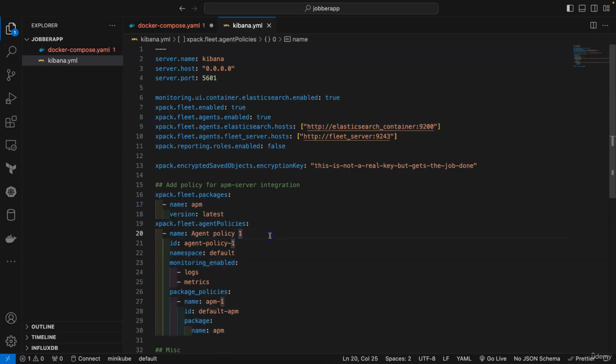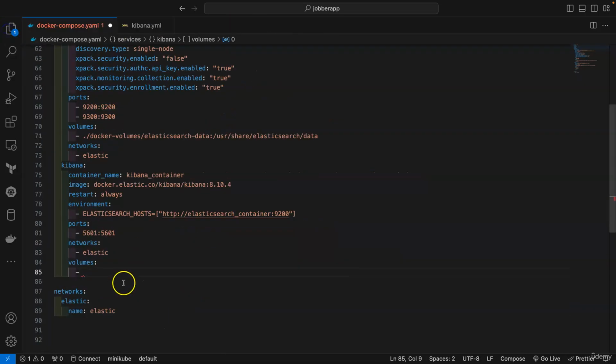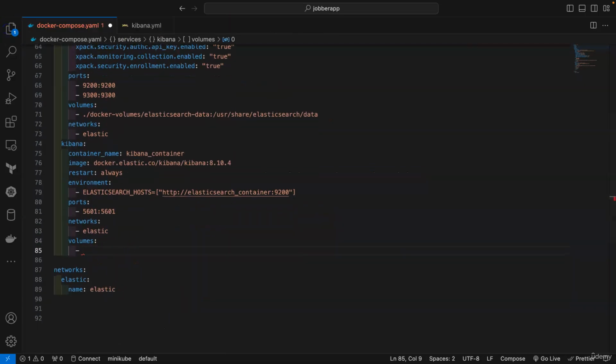We set our host, and then for this also don't worry about this. This is just policies. Once we get to the part of monitoring, we will set up our application performance monitoring. Then we are going to use this. Okay, then this one is not really important. We are not using any encryption. Okay, so just add this kibana.yaml in the root of the same directory, and now let's map it. So we are going to use /kibana.yml: